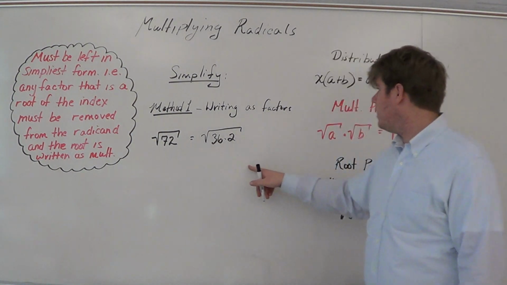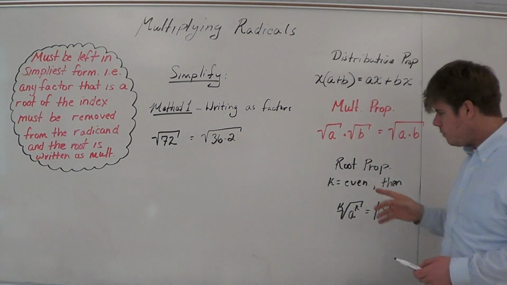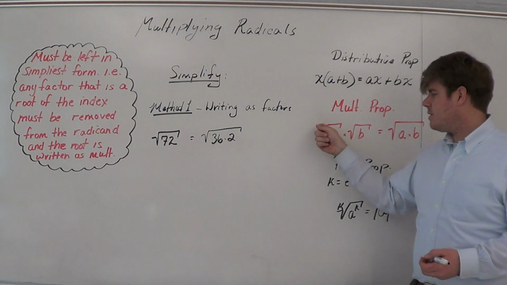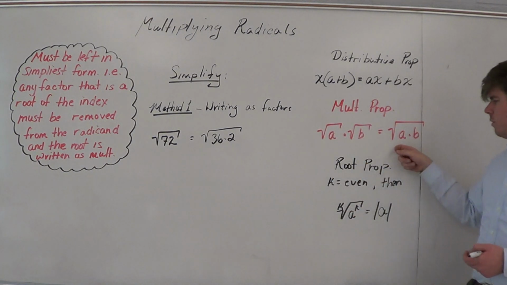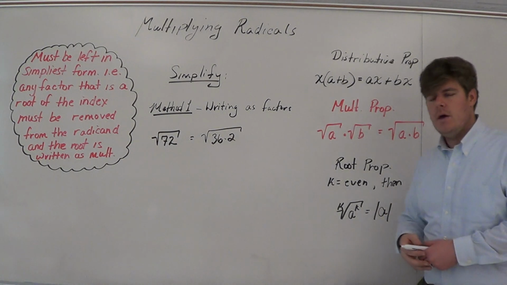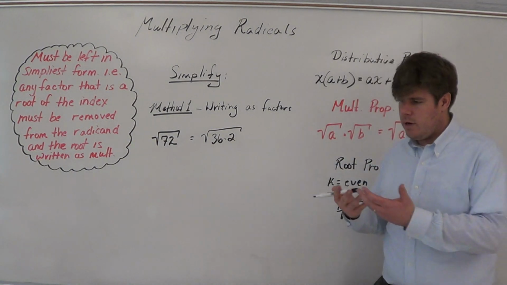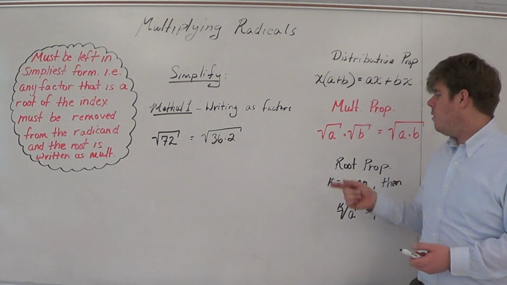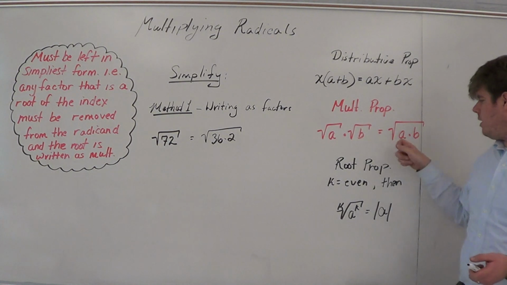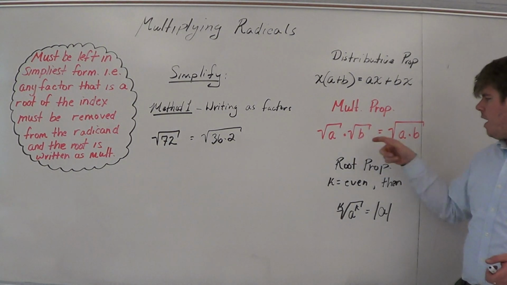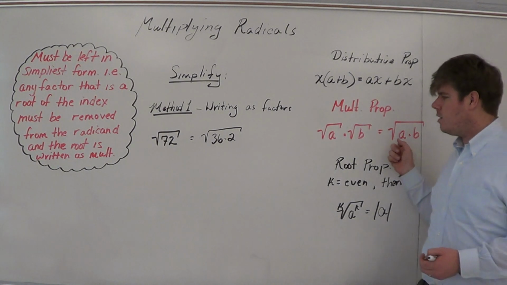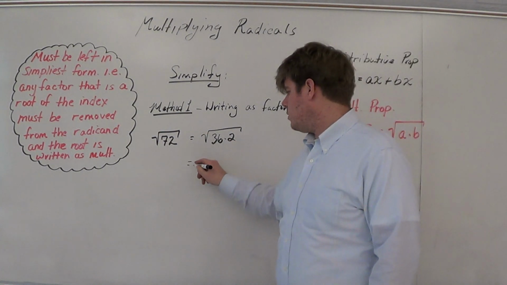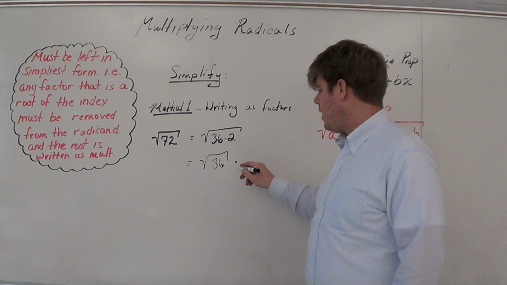So now, coming over here, what we have is this multiplication property. And this multiplication property states that if you have a radical that has the same index as another, you can simply multiply those two radicands together. And the reason you can do that actually has to do with exponential properties, but I'm not going to go there at this point in time. But all we need to know is that this property can be applied. So right now I'm here, and an equal sign means that I can be on either side of this. So I'm here, so what I'm now going to do is take this and write it in its equivalent form on this side. So the equivalent form here is actually the square root of 36 times the square root of